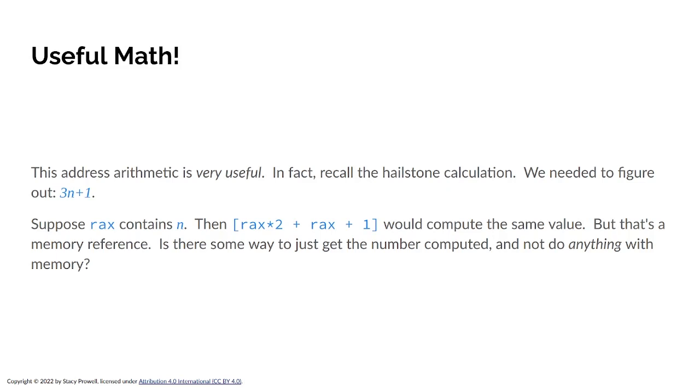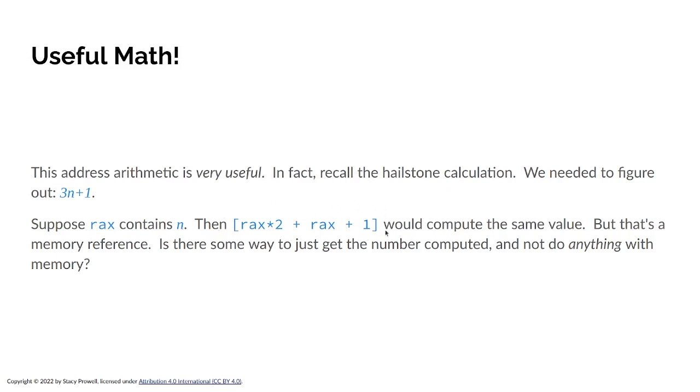The address arithmetic we just did is super useful. For example, we can use it to figure out 3n plus 1. But wait, how do we do that? How can we figure out 3n plus 1 using this approach? Well, remember that RAX contained our current number. We wanted to multiply our number by 3 and add 1. Well, look at this. I treat RAX as the base. I treat it as the index also and multiply it by 2. RAX times 2 plus RAX is in fact 3 times RAX, and then I add 1. So this value right here